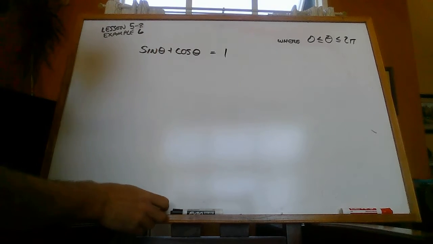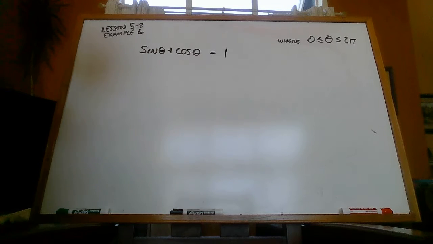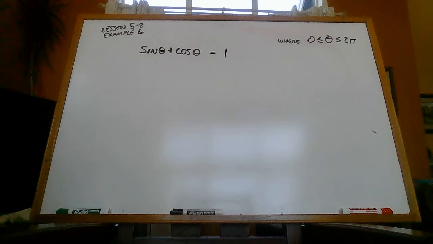Okay, this is a really kind of a tricky problem. Sine plus cosine equals 1. Looks like it's really simple, but sometimes that can be deceiving. So here's the problem: I've got a sine and I've got a cosine, and I'd really like to have just sines or just cosines,